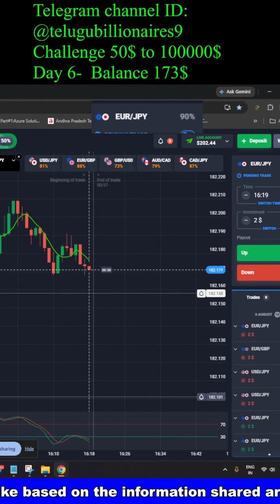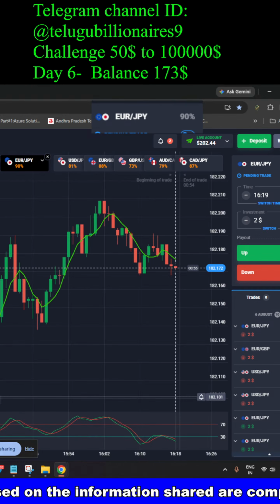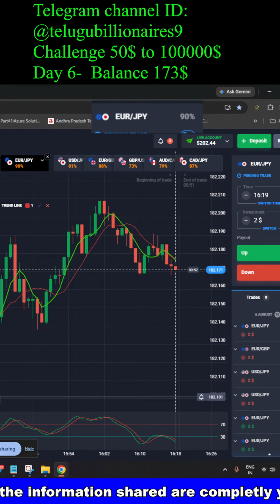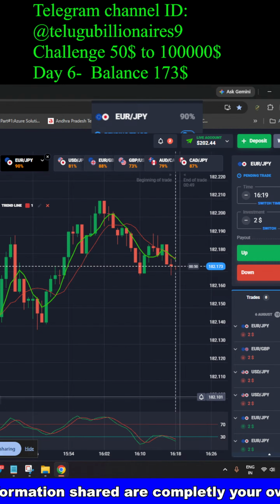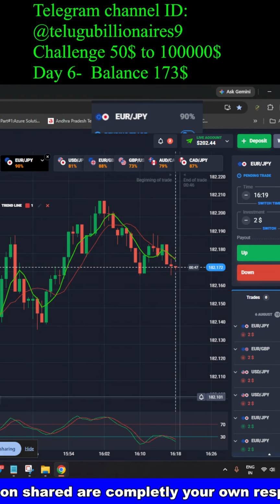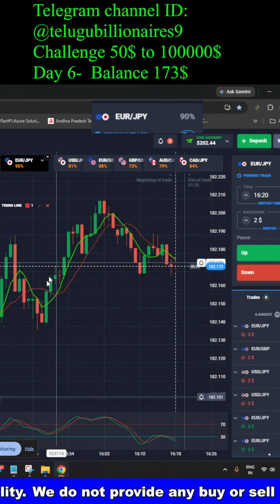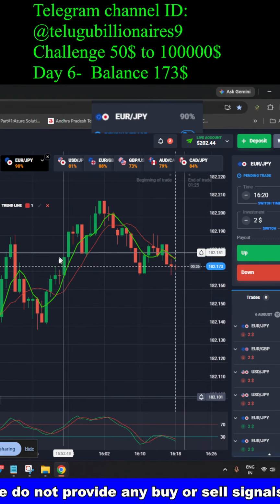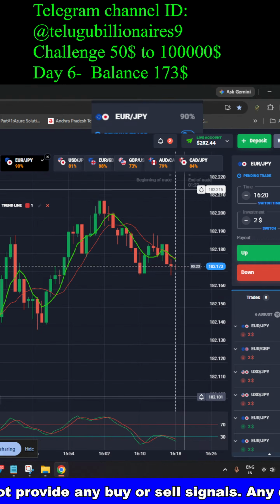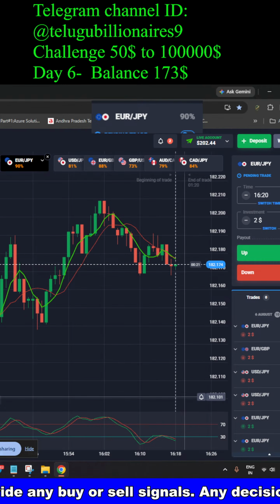So what you need to do: you need to add the moving average. The moving average will be the SMA, simple moving average only. The size will be 5. Why are we going with the short time frame? A 5-candle moving average only, because we are trading with only one candle. We are not going to trade with the swings. We are doing only one candle trade, so in a one candle trade we don't want the higher time frames. We need the trend.